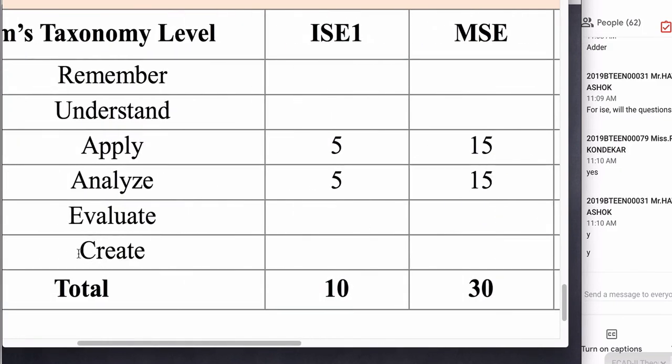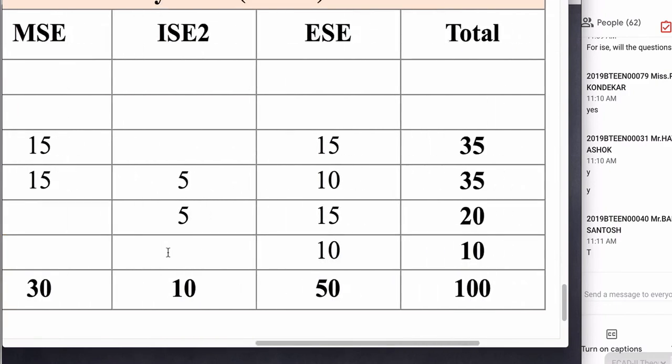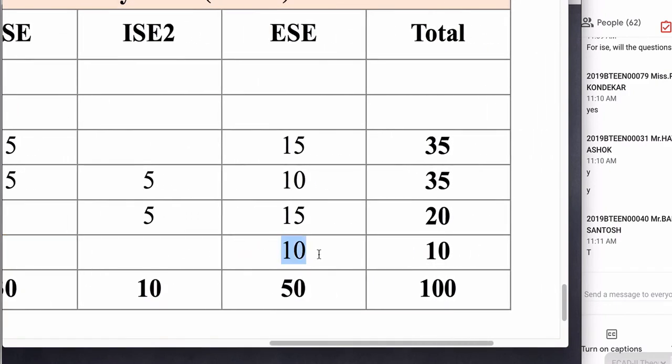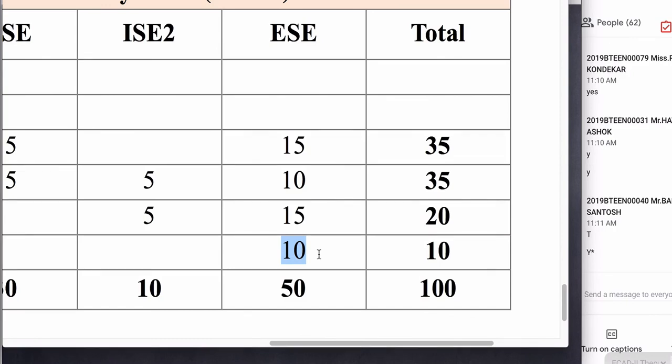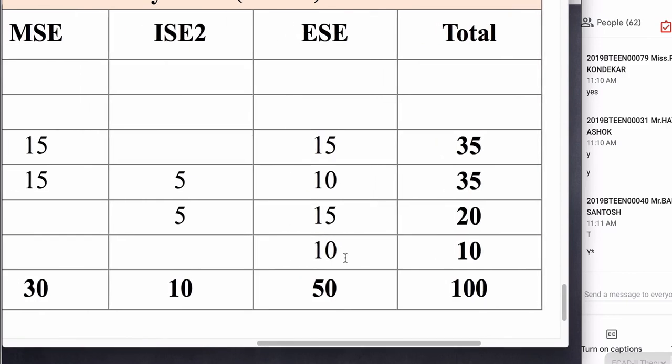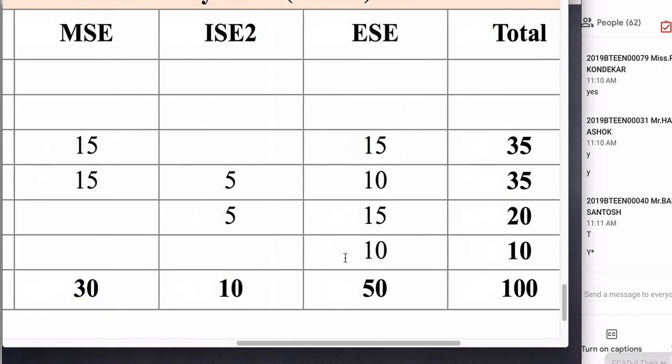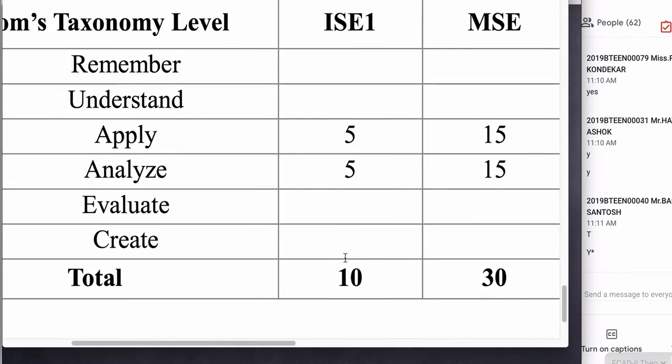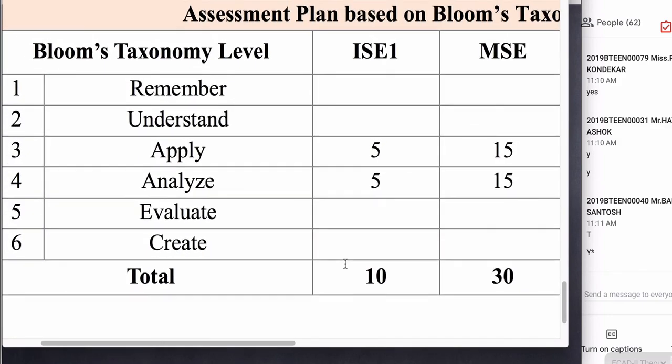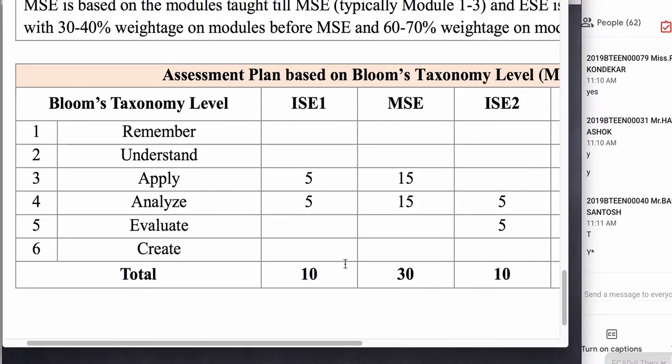Okay, the last level will be the create level. क्रिएट लेवल यानी कि छोटा डिज़ाइन. Okay, we haven't, we did not do that design part. We will do that design part, and then in EAC there will be some design related activity. ठीक है. I hope you are understanding. ये ठीक है.